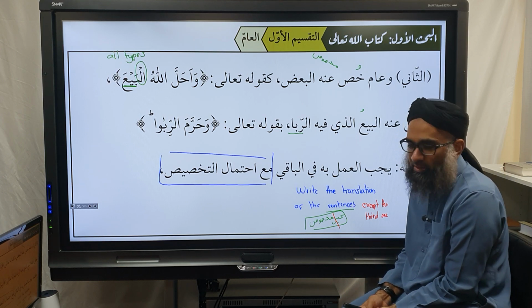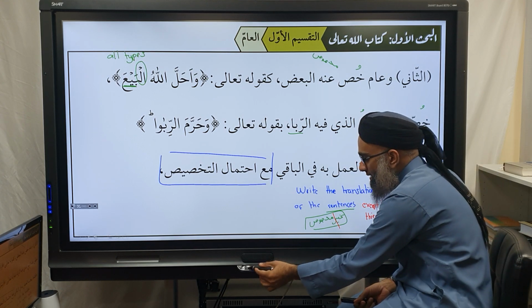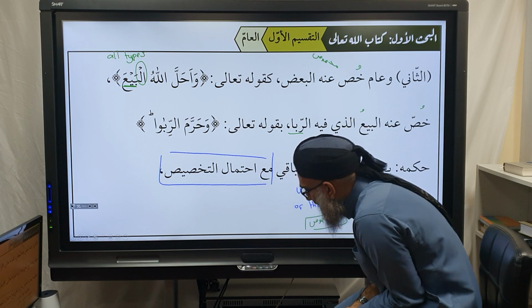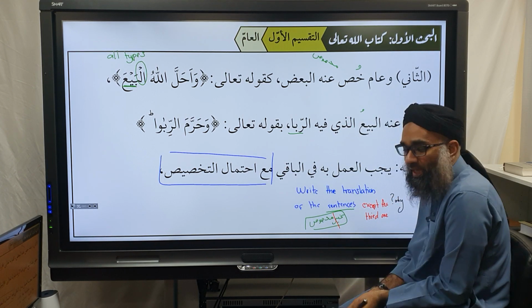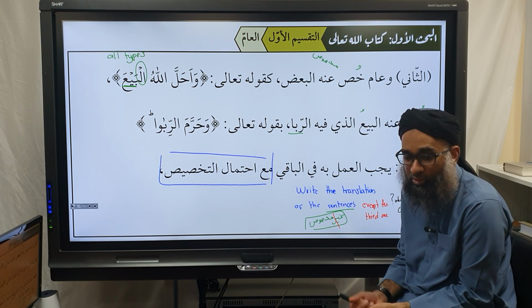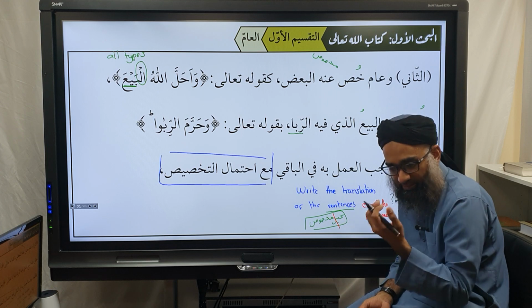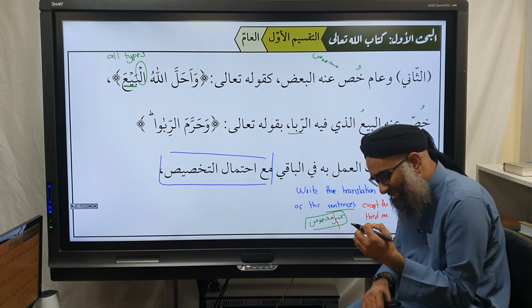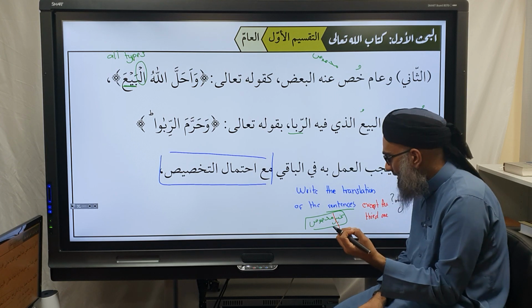With the possibility of takhsis. What does this mean? That when I said do not write the third sentence, there's always a possibility. Why am I saying do not write the third sentence? What's the reason for this? There's always a reason behind the takhsis. So if you can understand and figure out the reason for the takhsis, there's always a possibility that is, except